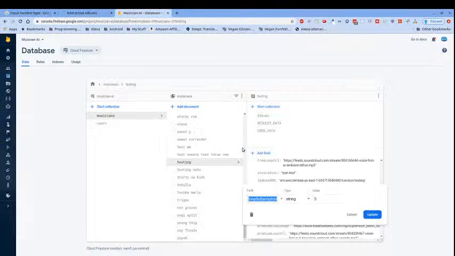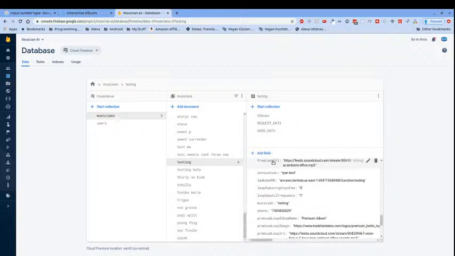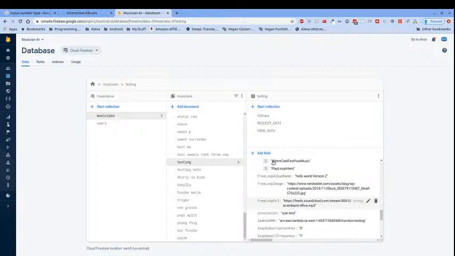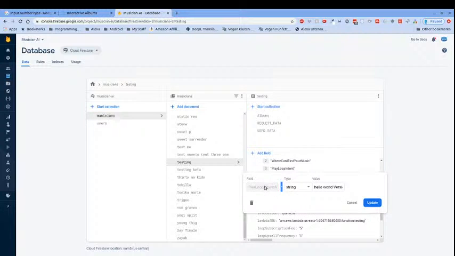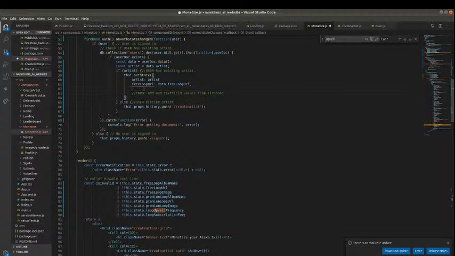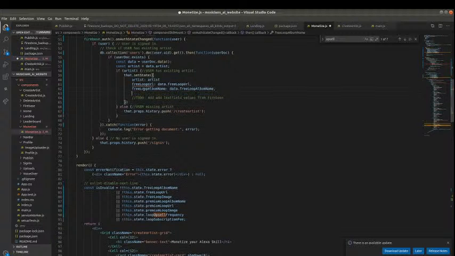Does that exist over here? Free loop album name. Obviously it exists. Data.freeLoopAlbumName, free loop URL, free loop album name, free loop image,